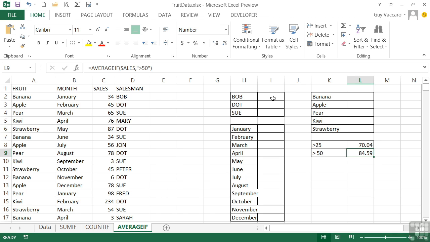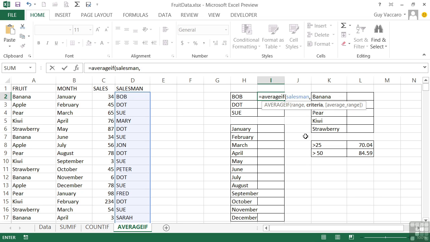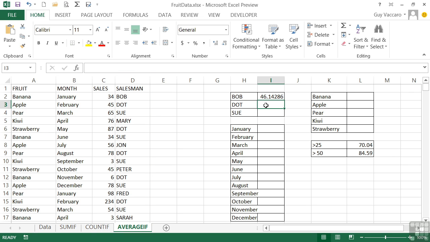Now with our other options here, we'd like to find out what Bob's average sale is. Equals average if. This time there are two ranges, one for our criteria to apply to and one that we're going to work out the average in. So the first one is the criteria range, which is the salesman, comma. The criteria is this cell here for Bob, and then the range that we would like to work the average out on is the sales range. Because it highlights as you go, you can immediately see that you've selected the right regions and the right cell for the criteria, and return works out that Bob's average sale is